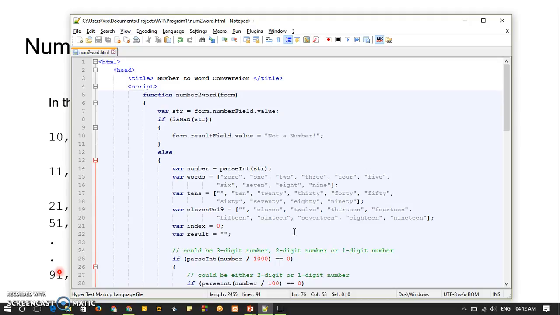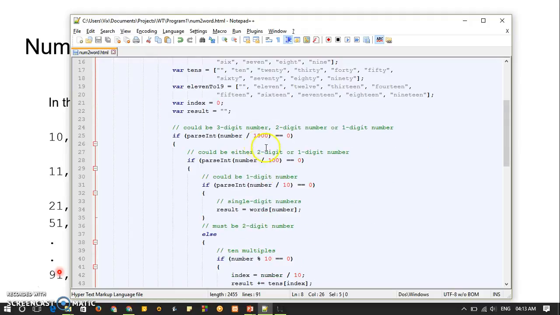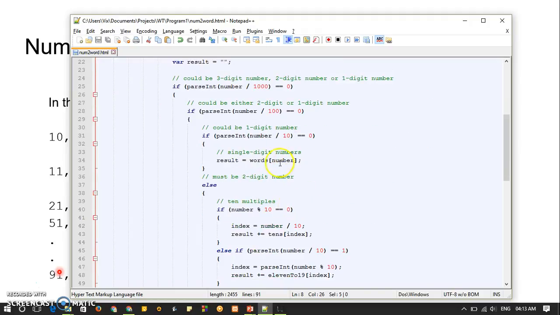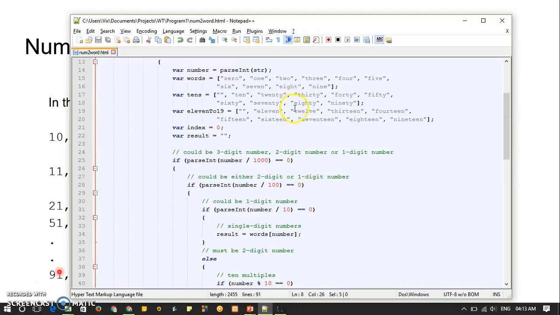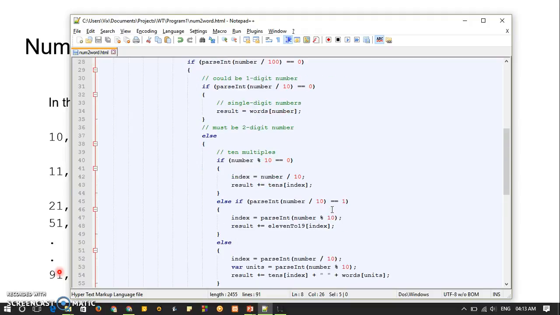As a conclusion, what did we learn from this particular program development? We learned how to check the not a number using this predefined isNaN function, and then we also learned how we can create different arrays in JavaScript using square bracket notation. We also learned how to map different words with index positions and how to use index positions in storing and retrieving the values of arrays and assigning them to their respective result field based on some calculations like